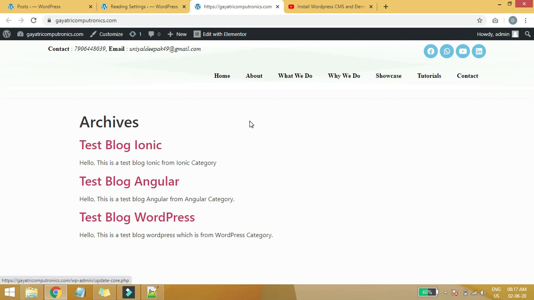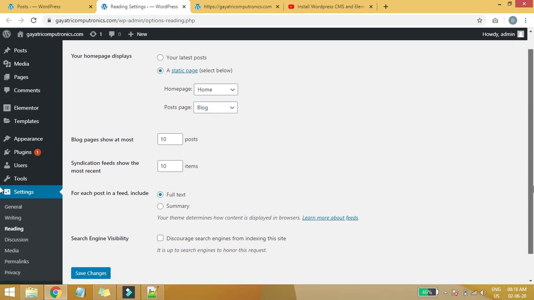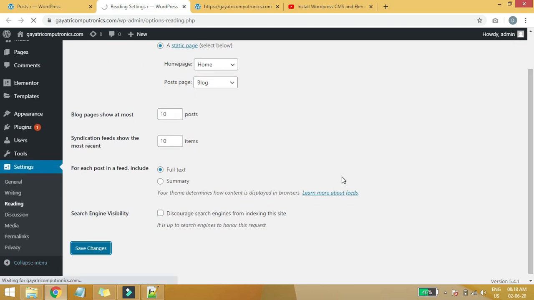If you don't want this, like if you need to add a link blog and would like to show all these posts on that particular page, let's do this. How can we achieve this? Static page, it will be our home page. Just select posts page, which is a blog page, save changes.